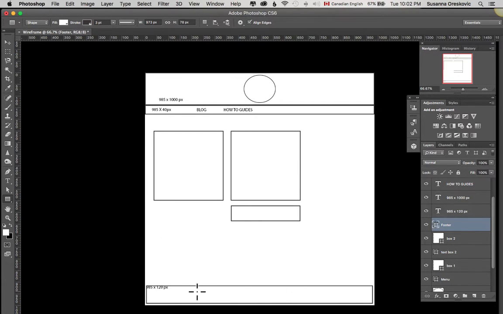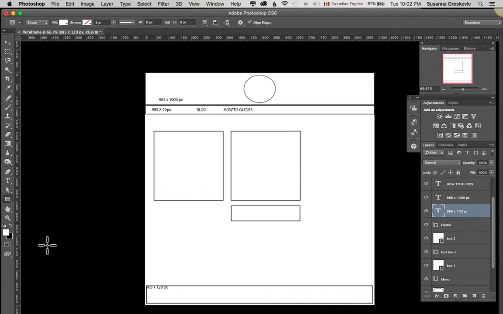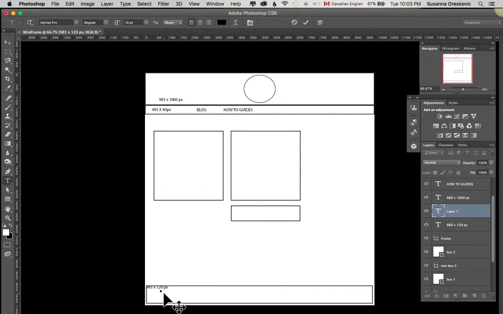So I know I want to adjust this text, I have to go to the layer, 983 by 78 I think it was, and I just realized I'm not in the text tool, I'm still in the rectangle tool. So I go back to my text tool, make sure I'm in my layer, and then, oops, Control Z,